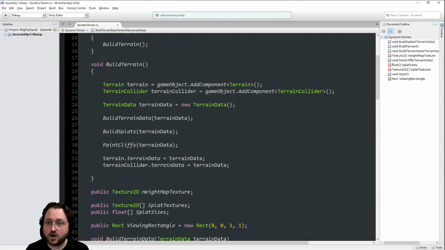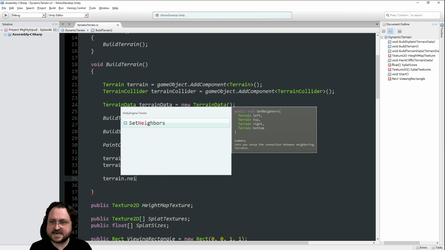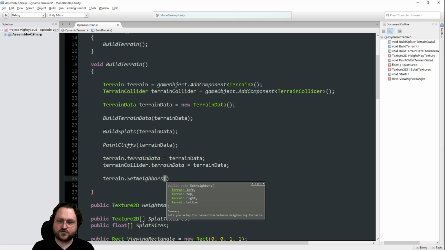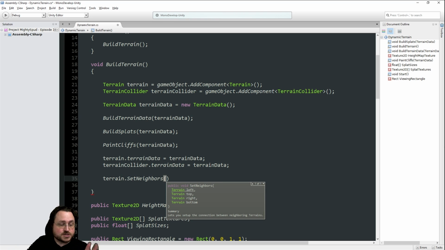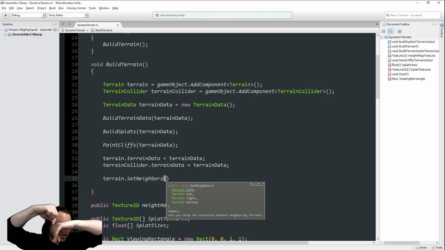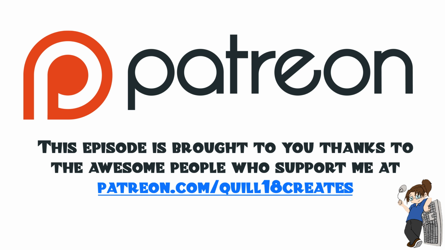The terrain system also, and I think this is part of terrain or data? Oops. Set neighbors, there we go. You've got a function for terrain where you can pass it the left, top, right, and bottom neighbor, and it will use that to automatically do some stitching to give you seamless terrain transitions from one to the other. So Unity's already sort of considered this idea. So when 2 terrains meet, you get a perfect seamless transition, and everything just looks like one hunk of ground the entire time, which is awesome.